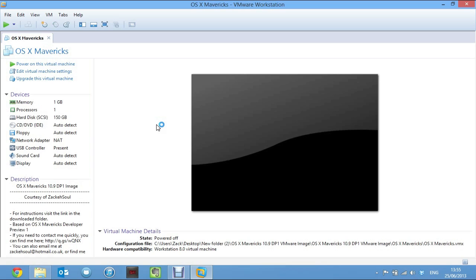There's also quite a bit going on in the background, so if it's being a bit laggy, that's why. It should be fine on your PC. And once you've opened it in VMware, you should see this screen or something similar depending on which VMware you're using. If you're using VMware 7, incidentally, you'll have to delete the VMX, create a new VMX with the same configurations in your VMware, and then just direct it to the VMDK that I've provided.